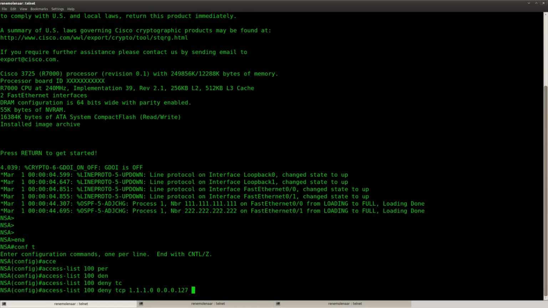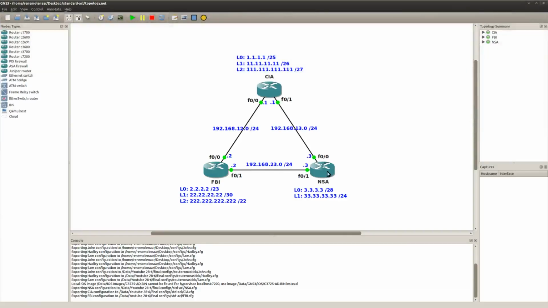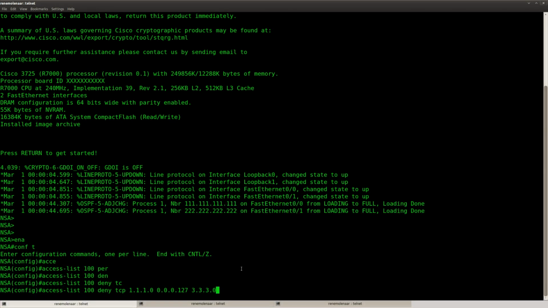That's the wildcard heading for this network, but I need to check the subnet mask. So this is the loopback, it's a /28, and a 28, that's going to be, let me think,